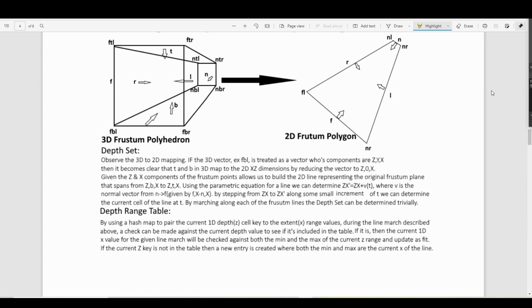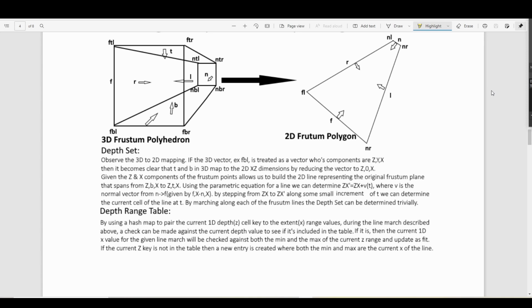and when we have a new z value for the depth range table, its current x is recorded as the min and max range for that z, and once we repeat that z, we update the x to potentially reflect a new minimum or a new maximum value. By repeating this process for every line in the frustum polygon, the boundary set and the depth range table can be built together. A quick note about why height can be discarded at the moment is because we are only